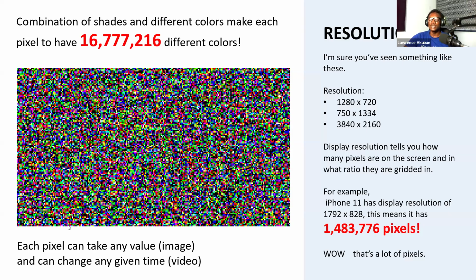What you're seeing here now is different pixels and everything. Let's just take an iPhone. People are crazy about iPhone and all that. When they talk about a resolution, like a camera being so-and-so resolution, what it actually means is that those boxes, this by this, are the matrix of the number of boxes. So if you take an iPhone 11, for instance, and they tell you that the resolution is